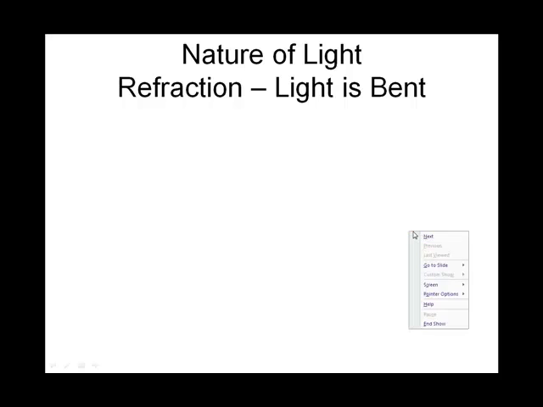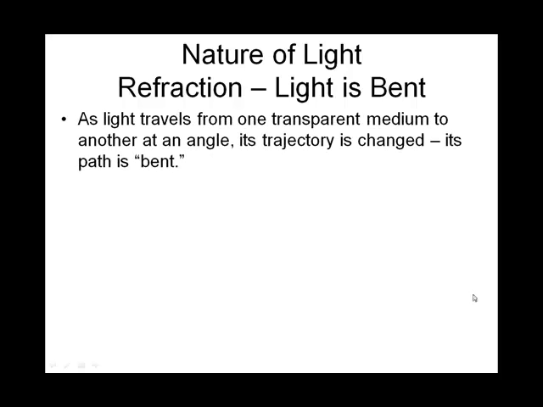So refraction is the redirection or the bending of light, making light have a slightly different trajectory because light is passing through a different, what we call, medium. For instance, glass instead of air, or water instead of glass, that sort of thing. So refraction is light being redirected or bent, its trajectory is changed as it leaves one medium and travels